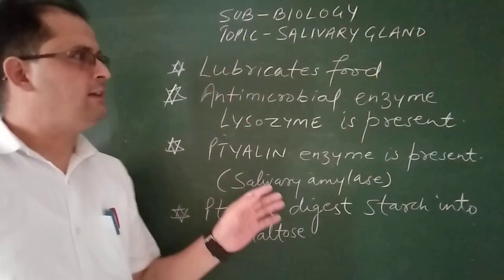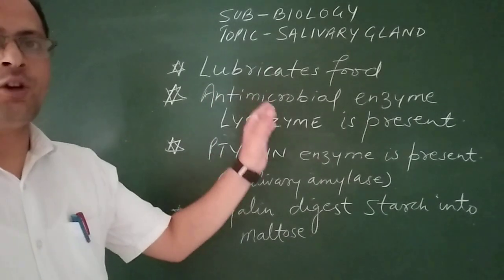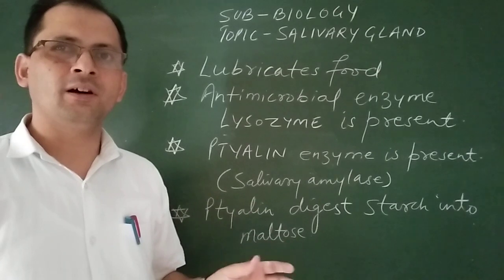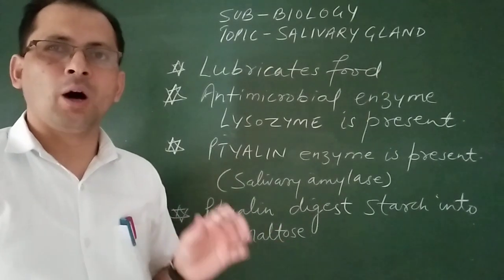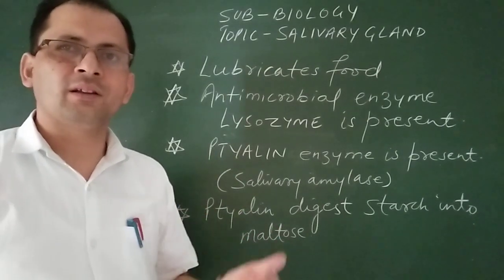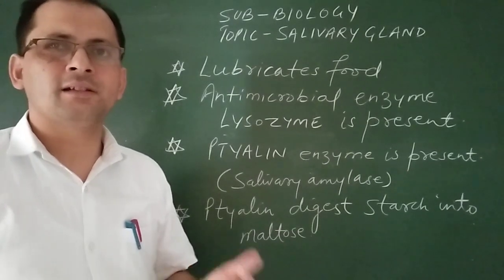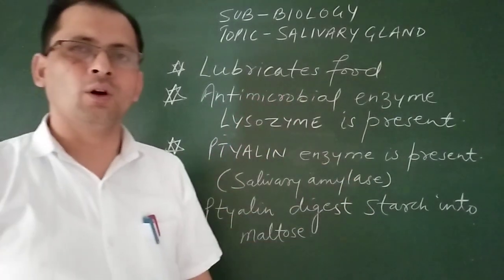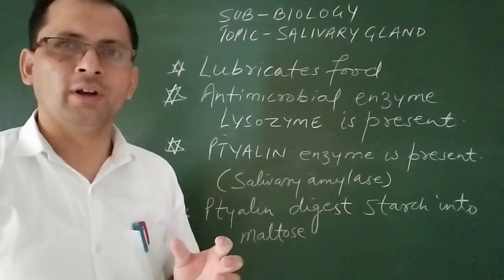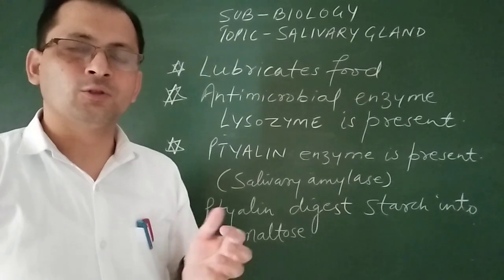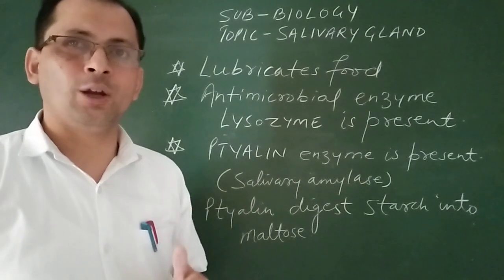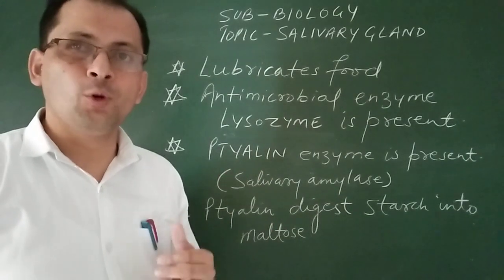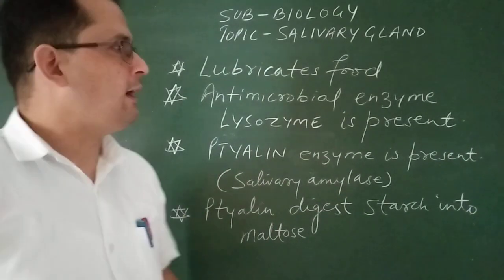Now beta, I was telling you about the saliva. Now what does the saliva actually do in the mouth? Means what are the functions performed by the saliva? So you can see here beta, the first function is it lubricates food, or moistens the food. It makes the food lubricated so that it can be easily swallowed and easily pass through the pharynx and into the food pipe, that is the esophagus.